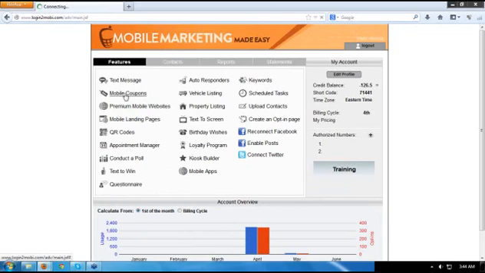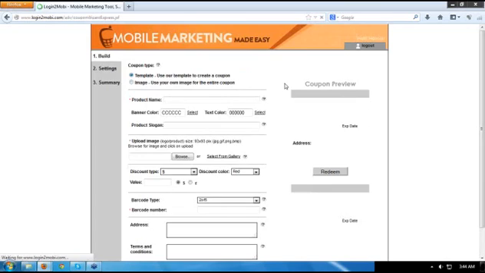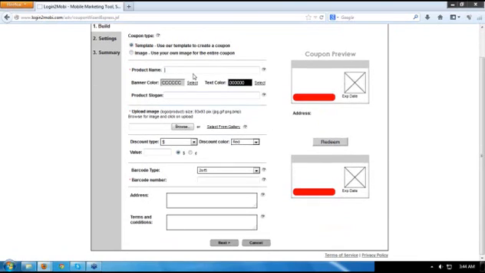We've been talking about that, and people have been worried as to how they could actually create mobile coupons and how they can make them nice without having to go out of their SMS platform. Here, what I'm showing you right now is a way for you to create coupons. And as you can see here, all you have to do is just type, upload, and you now have your